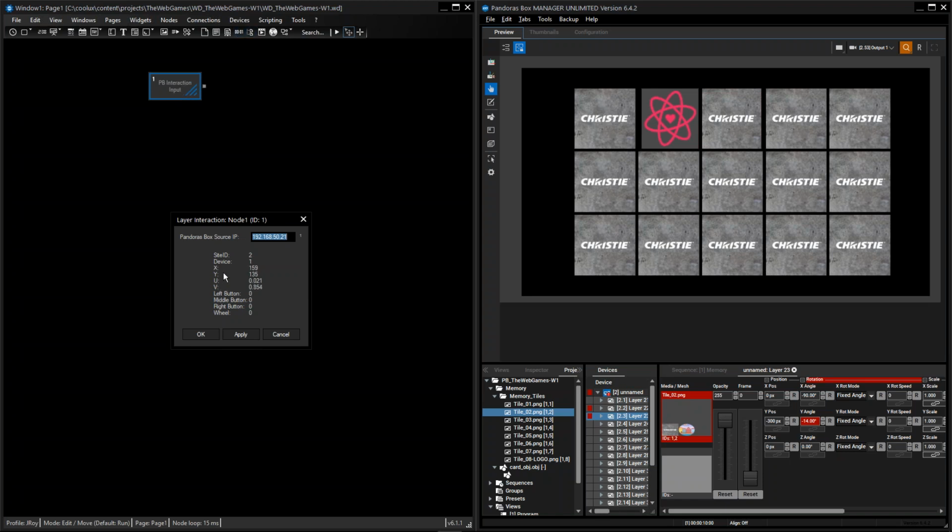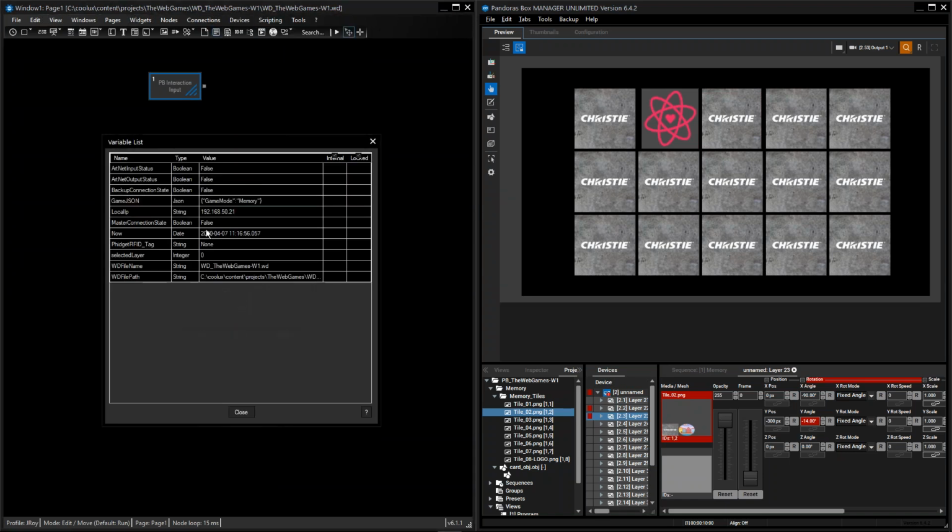So the first thing we need to do is to capture our device ID that we'll be using, so we can interact with that. So when the person clicks on tile 1, we know that that's layer 1 that they're clicking, and we can use that for our logic. So if we go into variables, we'll create a variable called selected layer. I've already done this,